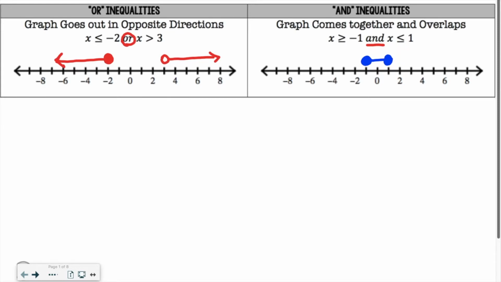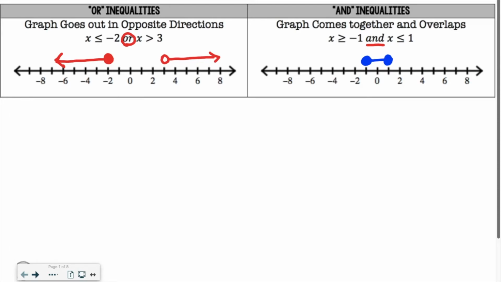So you're actually not going to have anything that goes past those two circles because the answer has to be anywhere in between -1 and +1. If there's an answer above or below that, then it's not part of the compound inequality. So "and" would be only in the middle, and then "or" is pointing outwards, or it also can be the